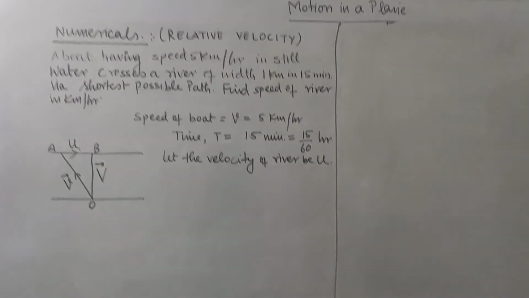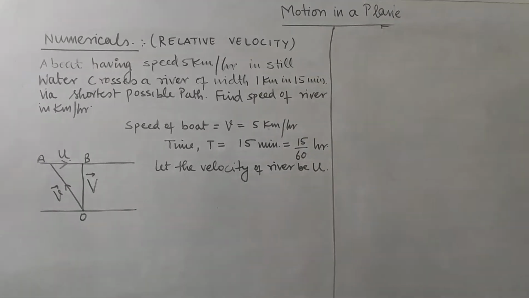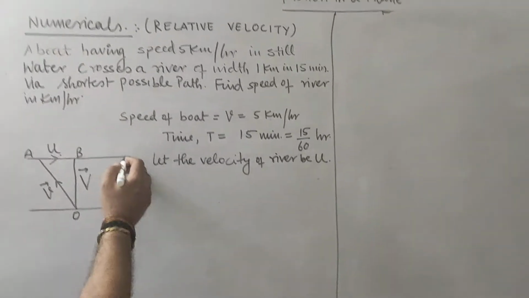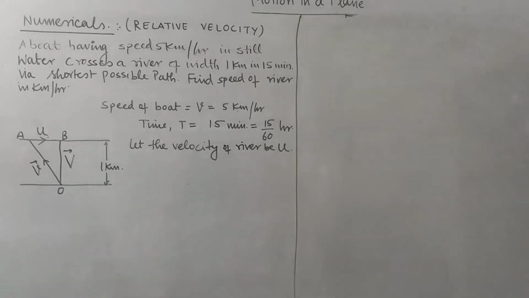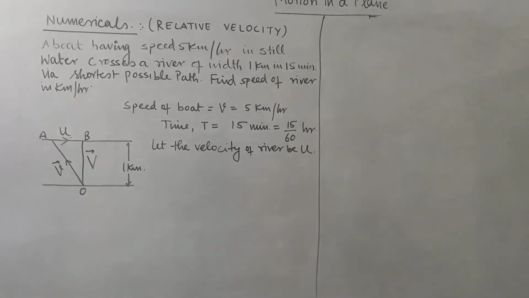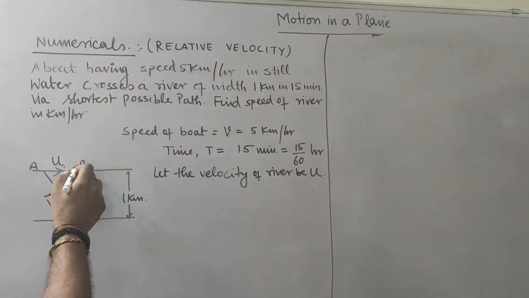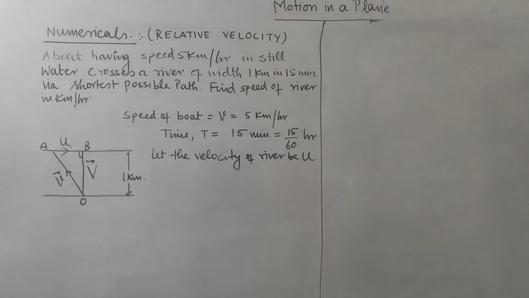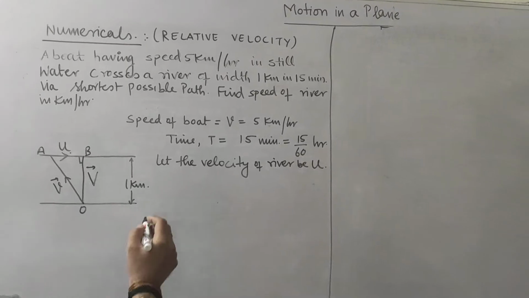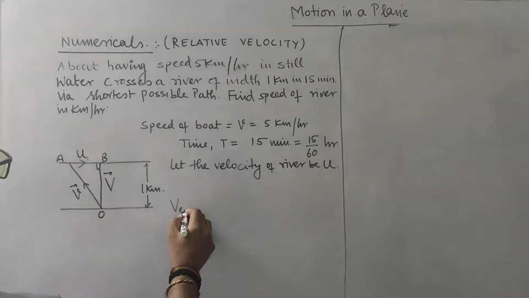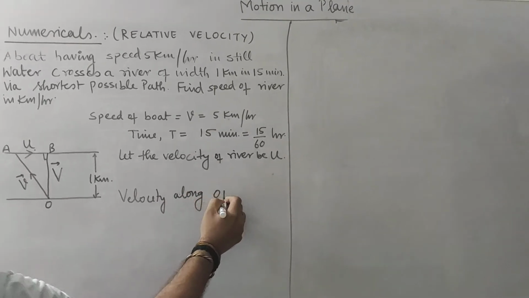The question is, it crosses the river of width 1 km in 15 minutes. So the width of this river is 1 km, via the shortest possible path. I have discussed the shortest possible path is the perpendicular distance OB. So we need to get this velocity. This distance is 1 km. So velocity along OB